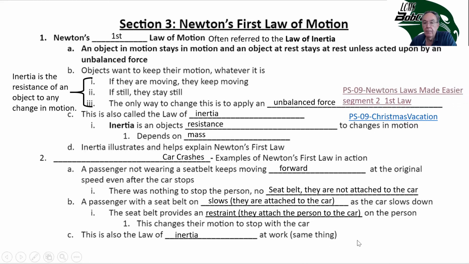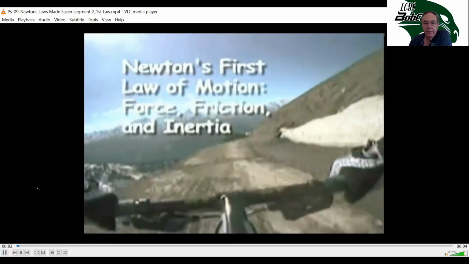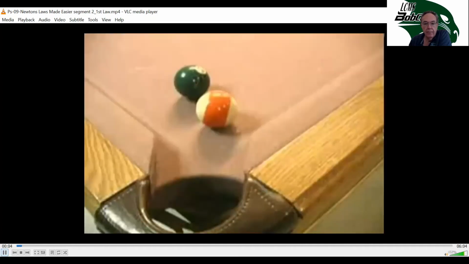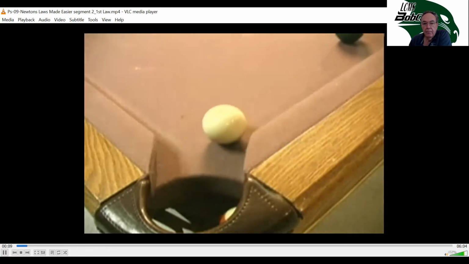In this little clip, we're going to take a look again at Newton's first law, which, remember, we said is often called the law of inertia. Newton's first law has to do with objects at rest and objects in motion. He noticed that objects at rest stay that way until something comes along to move them. So that cue ball is going to stay there at rest until something comes along, an unbalanced force, and makes